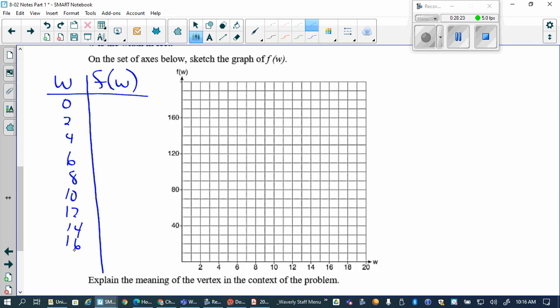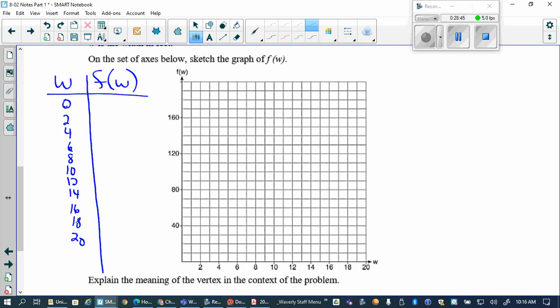I should have made it smaller. Squeeze them in there. 0, 2, 4, 6, 10, 12, 16, 18, 20. All right, throw that in your calculator and get your X values,